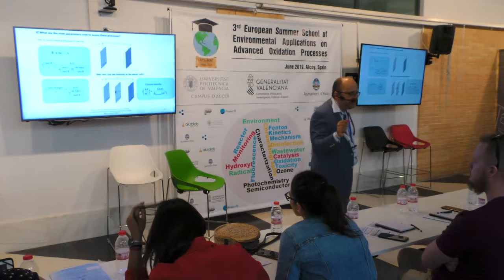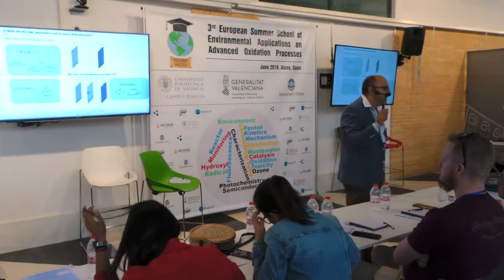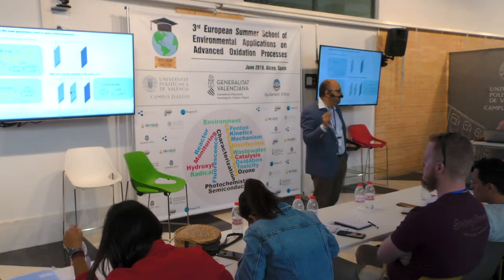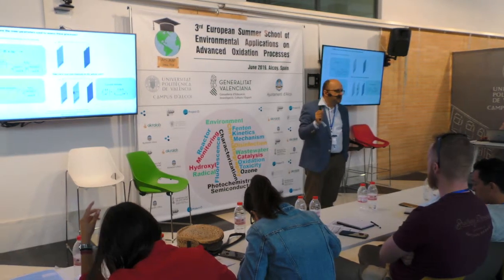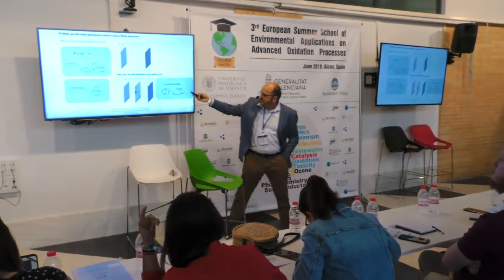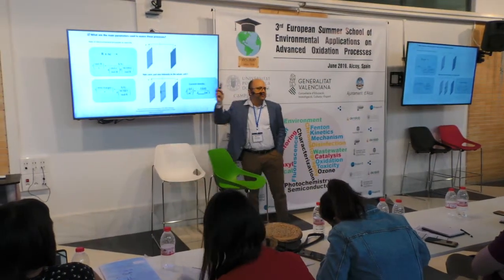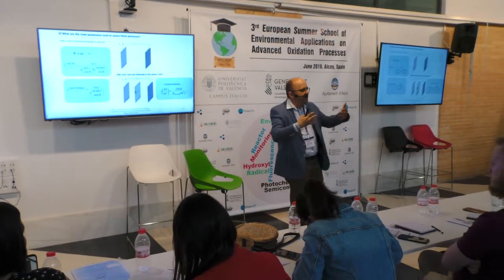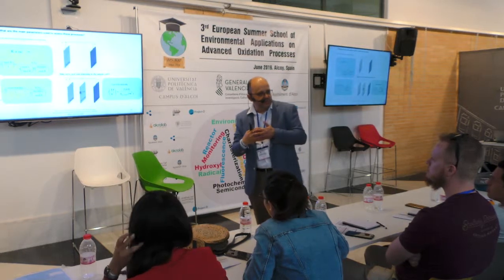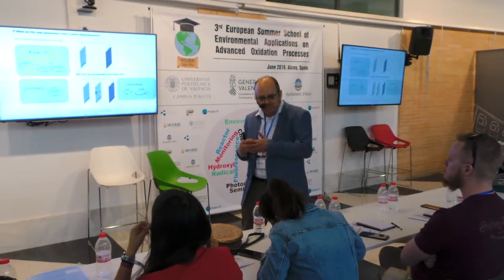By fixing the current intensity, I fix the reaction rate of an electrochemical process. And this is very important, okay? In the case of a cell in which I separate ions, I can also fix the transport of ions through the membrane. So this is one of the key parameters that I'm interested in.